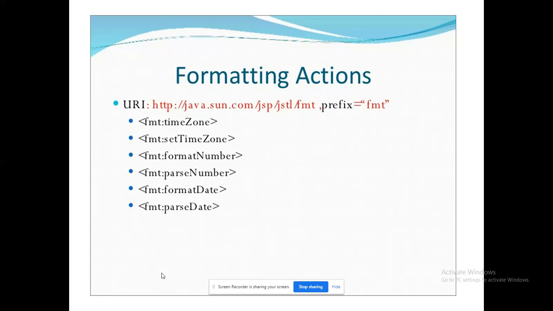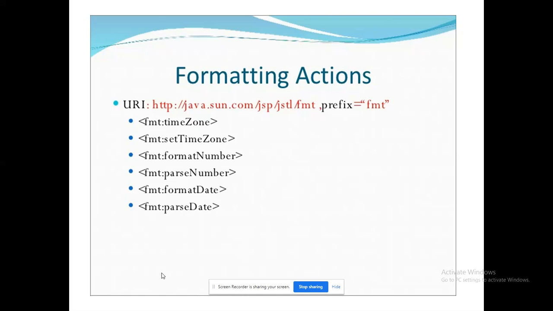If I need to set the time zone, it is enough. FMT colon set time zone, I can mention the corresponding attribute equal to Kolkata. Ultimately, the corresponding time zone will be set for my environment. Likewise for date, time, as well as type of data, everything is available as a formatting action.